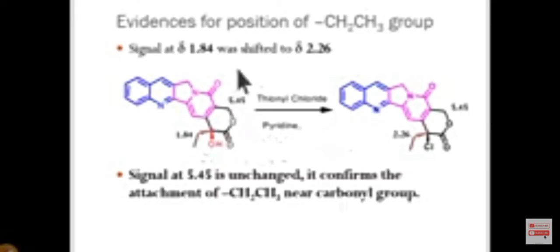Carbon. Now, why not these two groups on this side? Because the value